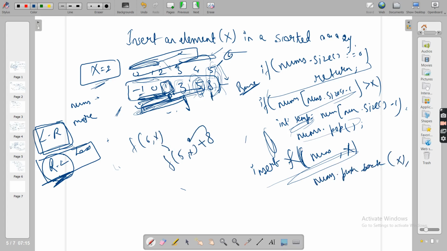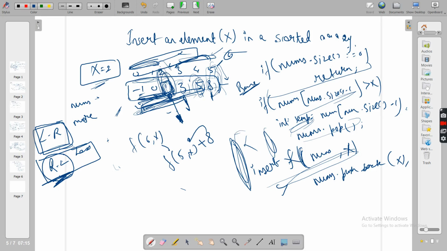This is what you do when your last values are greater than x. And there is one and only one point, going from right to left, where your value is lesser than x.